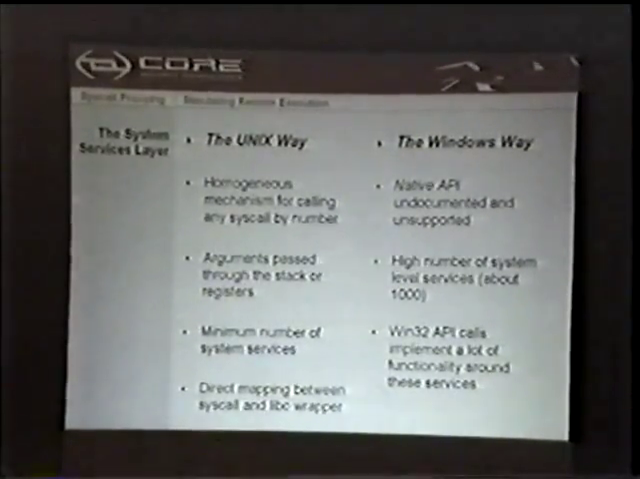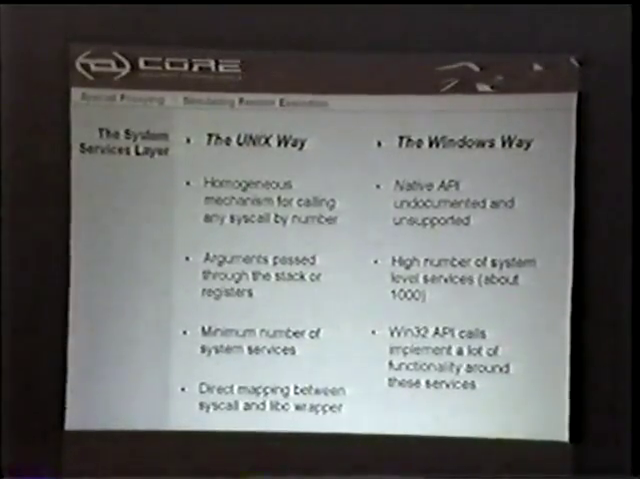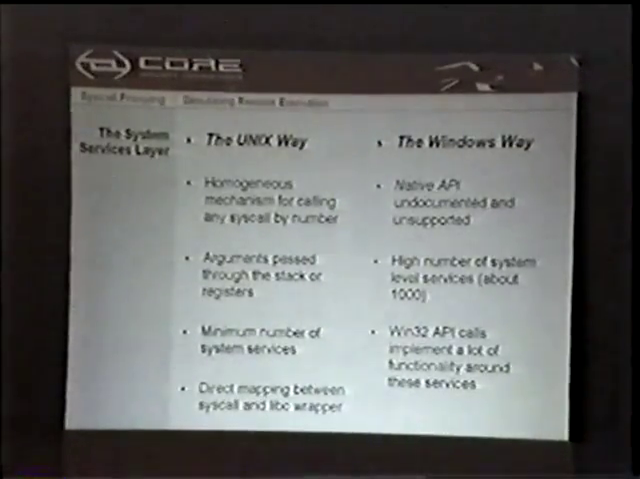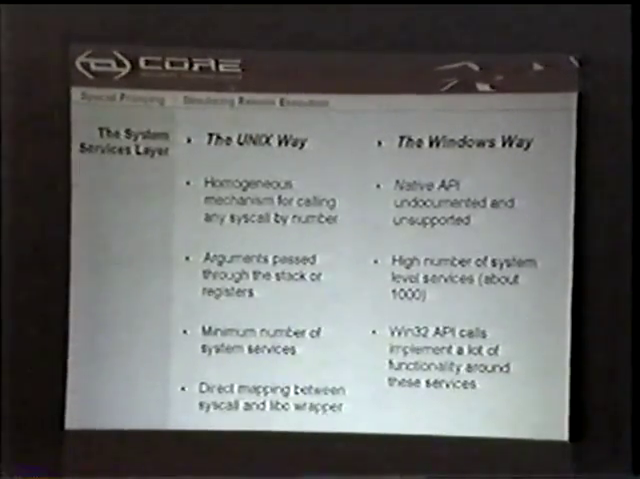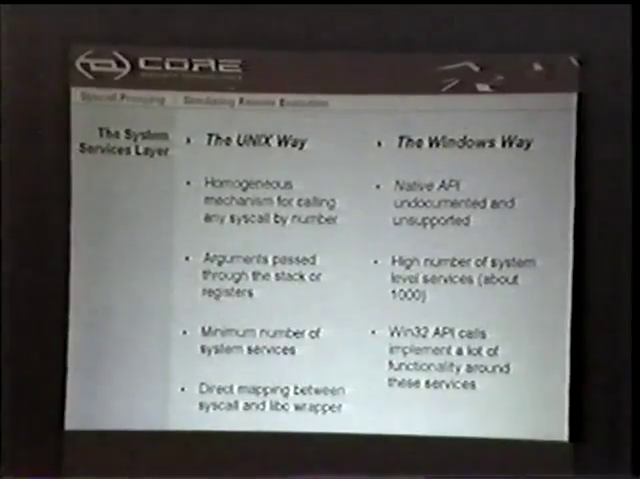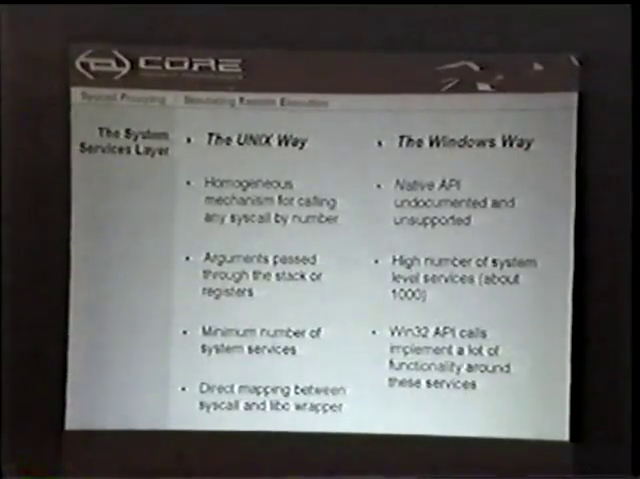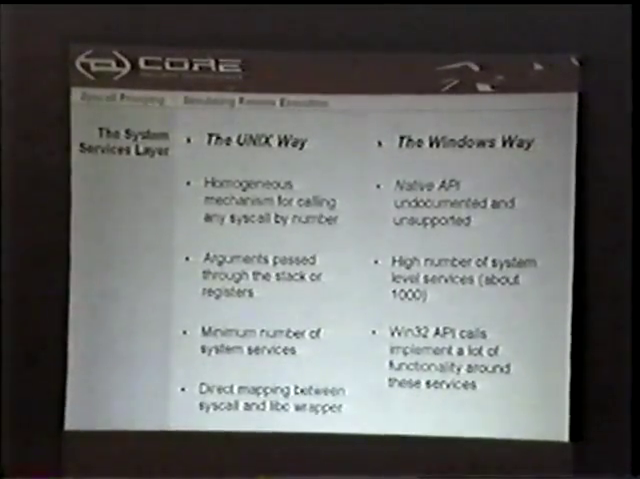Also, in the Unix world, these system services are kept to a minimum. OpenBSD, for example, has about 300 syscalls. And there's also a direct mapping between each syscall and its own wrapper in libc, for example, in this case. What does this mean? Usually, each system call implemented by the operating system has its own way of interfacing with it, and is very dependent on this operating system. So